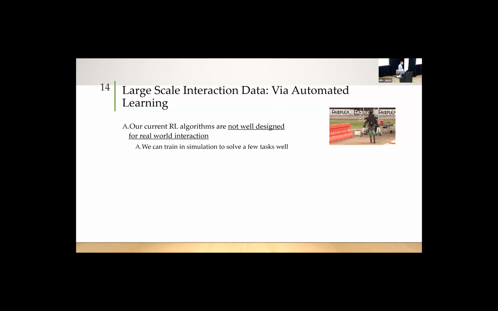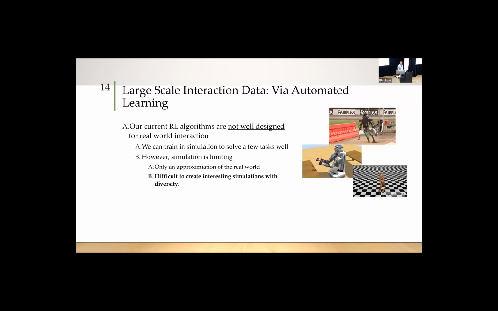So the last part is trying to get this to work more in the real world. Here's a video from one of the earlier DARPA tasks of getting humanoid robots to do things that are more or less related to recovering from disaster situations. You can train in simulation, but those aren't always well designed for certain tasks. It takes a lot of work to make a simulation too.